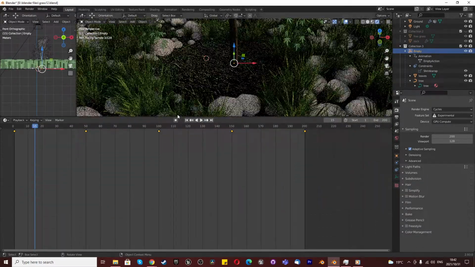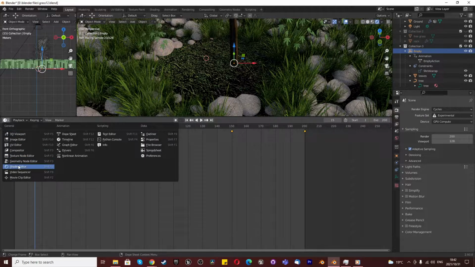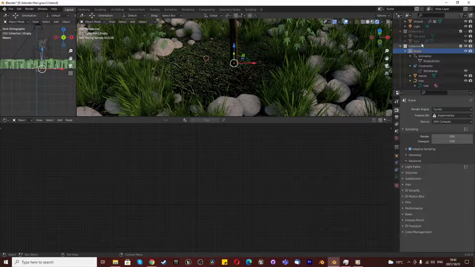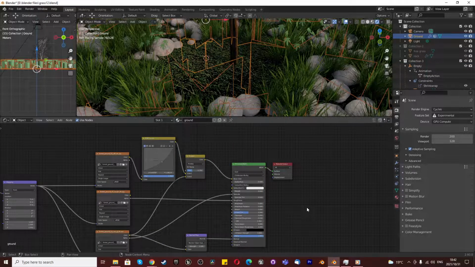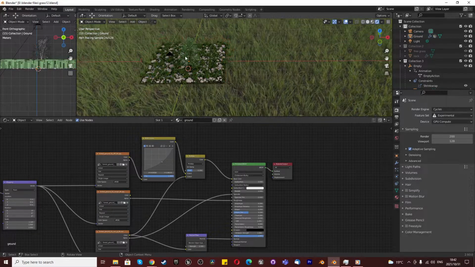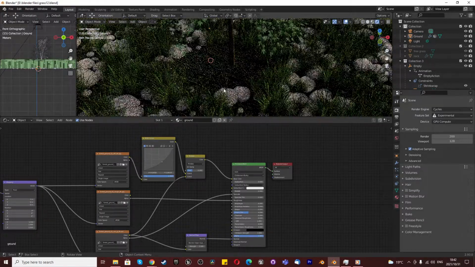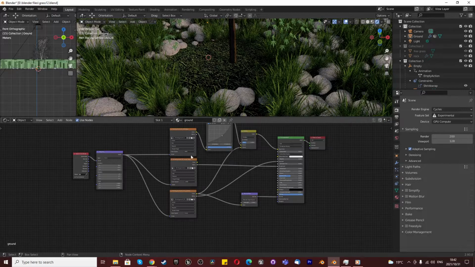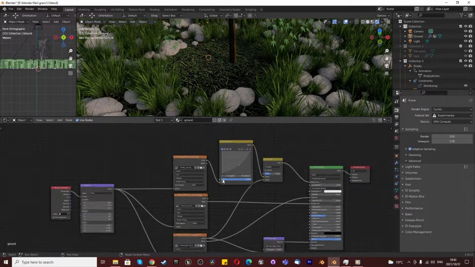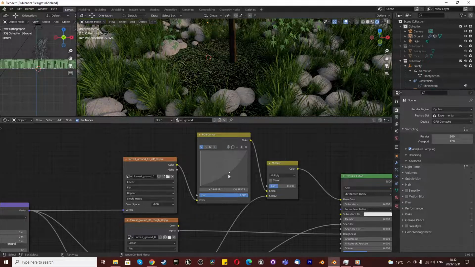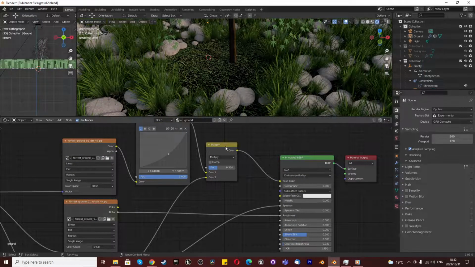Well, if you want it to look the exact same, I'm just going to switch to my shader editor and I'm going to click on my land or ground. Yep, I called it ground. Perfect. And I'm just going to deselect so I can only look at the ground nicely. So in terms of the shader, I've added 3 images that we downloaded there, which is the diff that I connected to an RGB curve, and I just reduced the contrast and increased the green by a little bit, and that's about it. And I connected to a multiply,